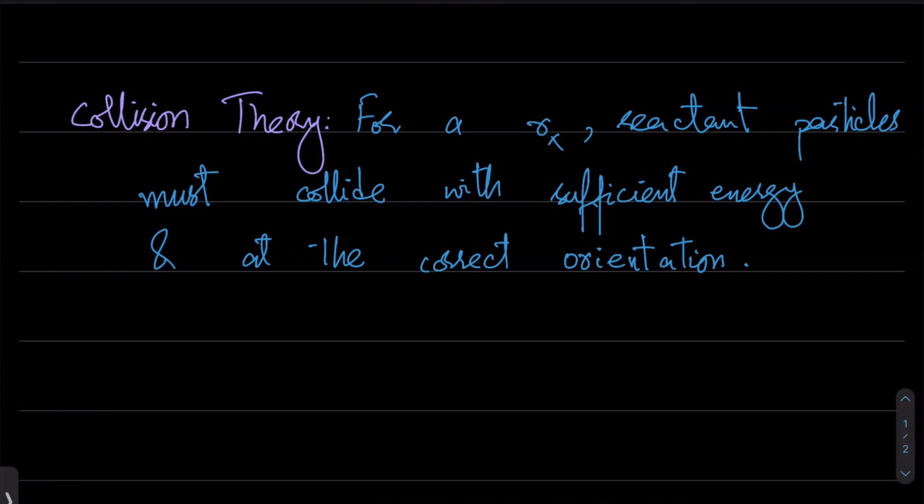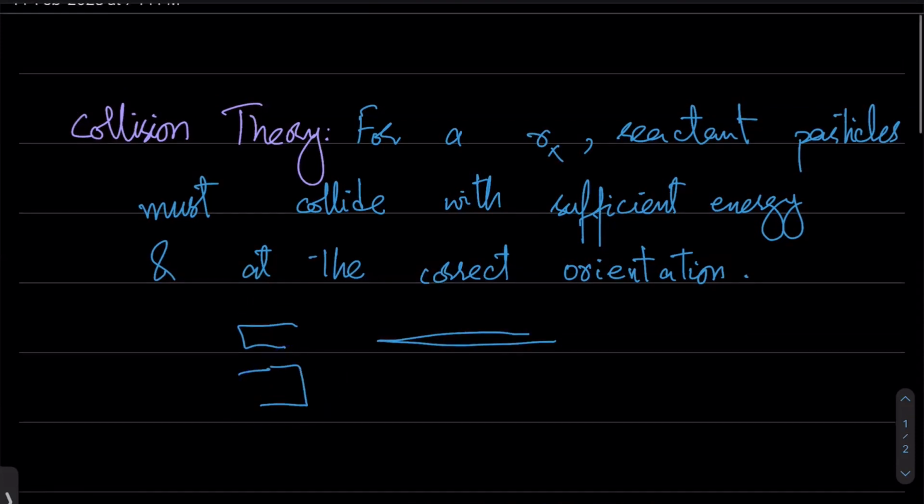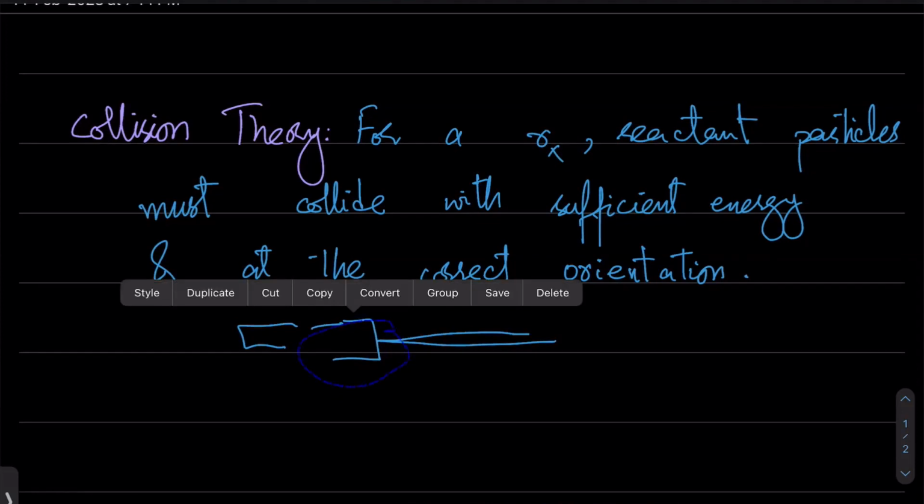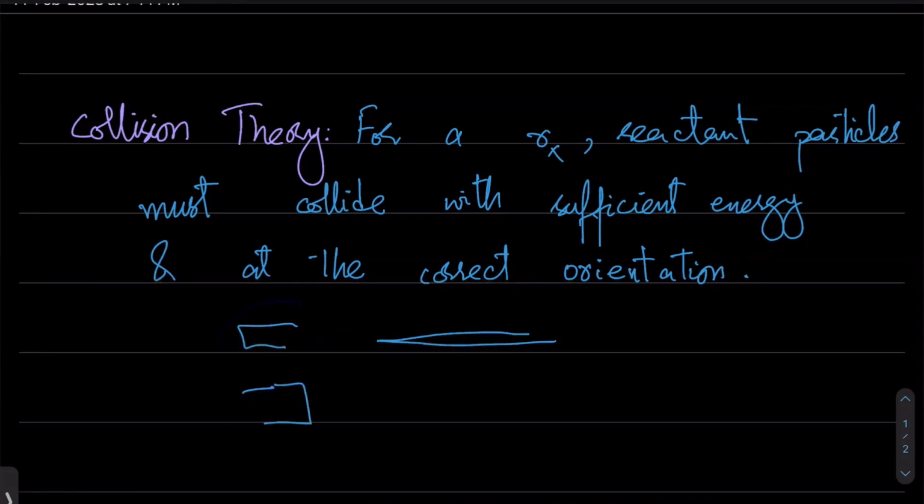It's like, let's say you have a pen and you have a cap and you want to put the cap on the pen. Sure, you can move the cap like this and it will cover it. But if you rotate the cap, then no matter how much you move it, it will never close the pen. It will never cover it up. Only the correct angle will allow you to cover it up. So that's the first idea, that when particles collide, they must collide with the correct orientation,